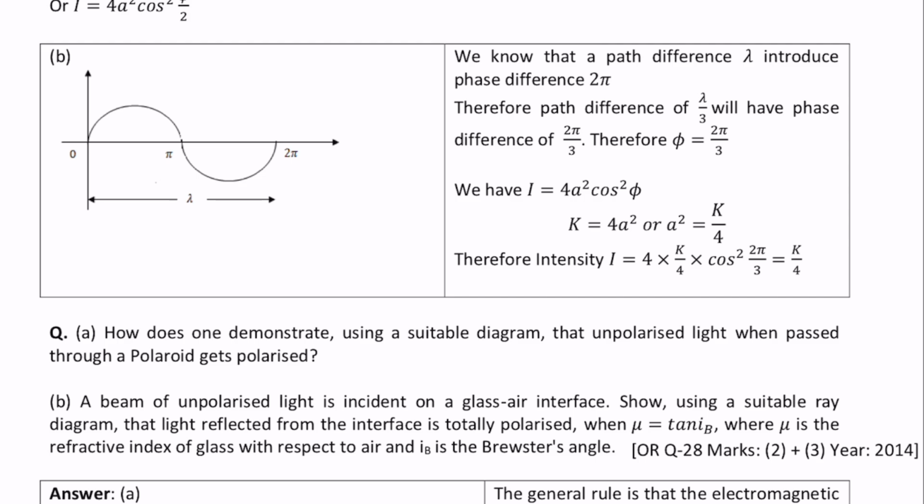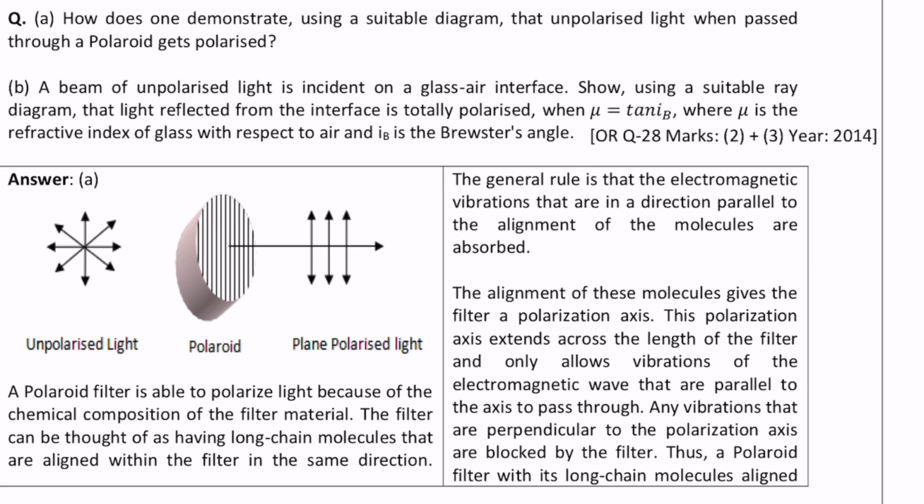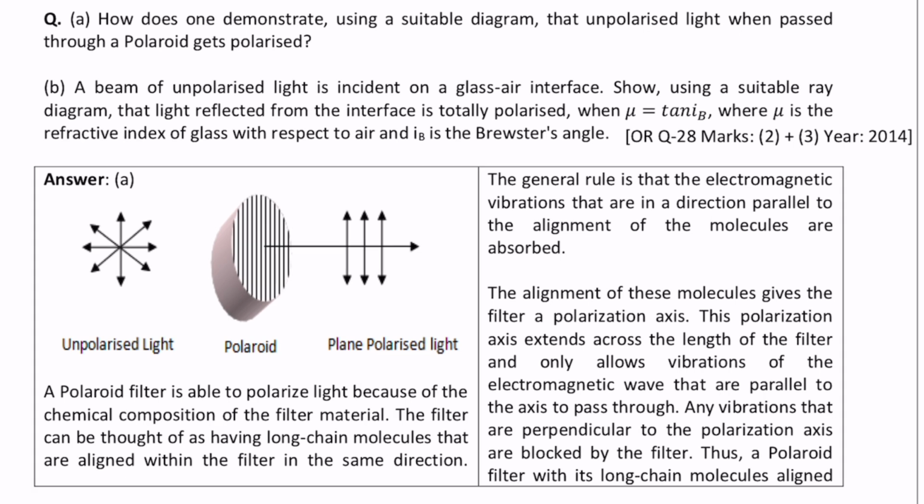Now let's move to next question. How does one demonstrate using a suitable diagram that unpolarized light when passed through a Polaroid gets polarized? Okay. So